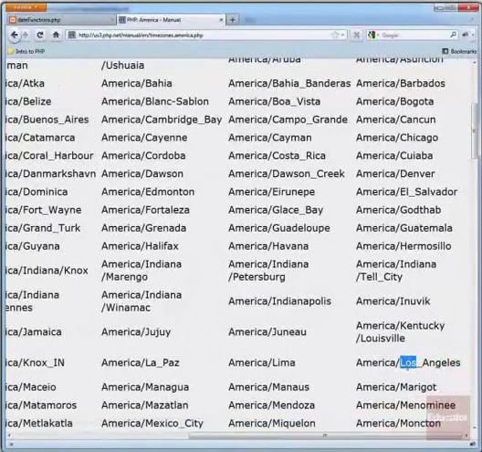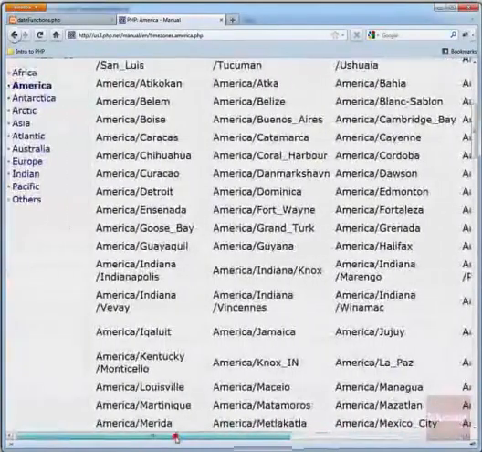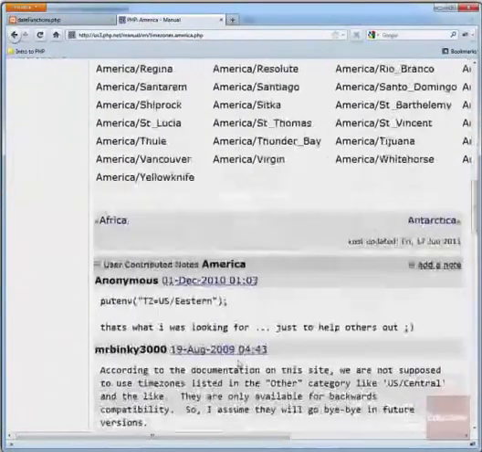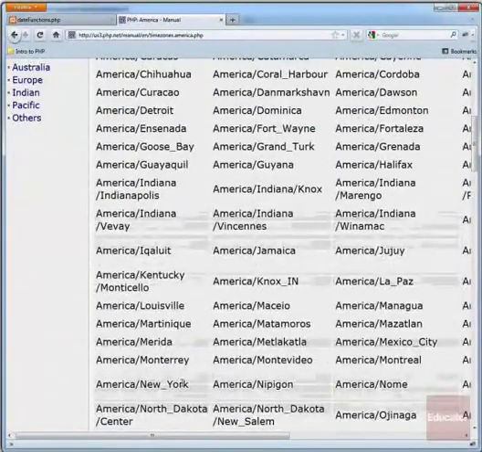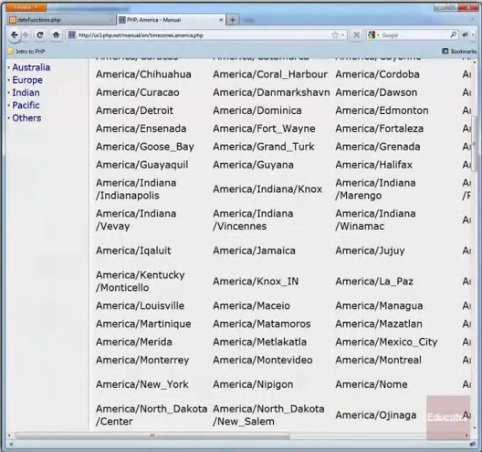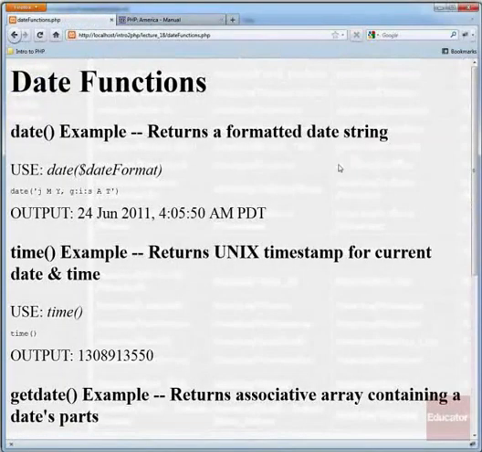You can see that they have one for America/Los_Angeles, and you can see that it uses an underscore. But for example, if you were on the East Coast, you could use America/New_York to use East Coast time. So now that we've set the time zone for this installation of PHP,